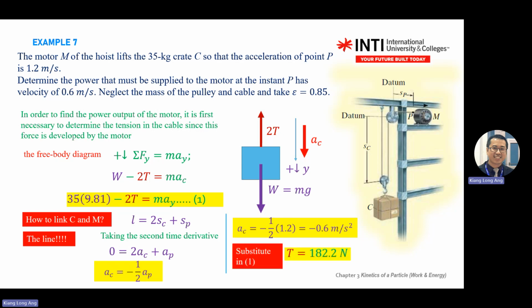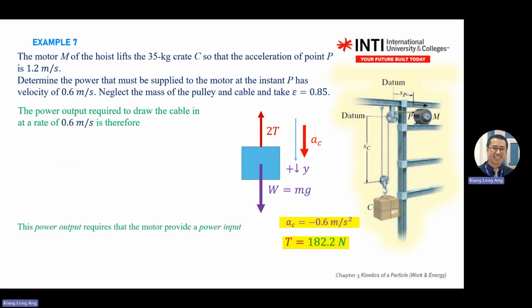Right? Tension of the cable is 182 point something. For this module, please keep 2 decimal places, maximum 3 decimal places. Unit accordingly. So this one, tension of cable is in Newton. Yeah, makes sense. Okay, once you find the tension,